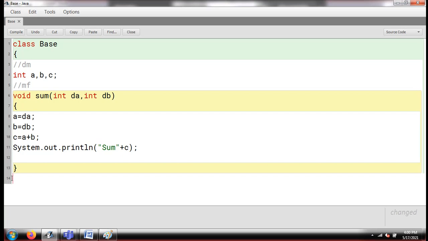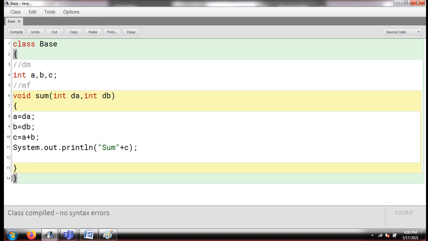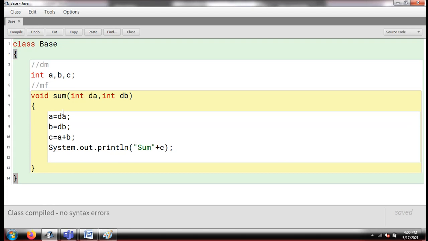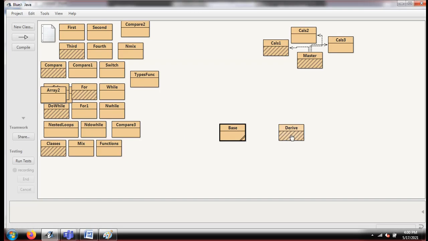I'm not going to write public static void main here, as I have already told you. In inheritance, we write public static void main in the derived class, we never write it in the base class. I'm going to compile with Control K. My work is done, and I'm going to apply indentation too. Okay, you can see the code is fully indented. It is all done. I'm just closing this class and coming back to my derived class.